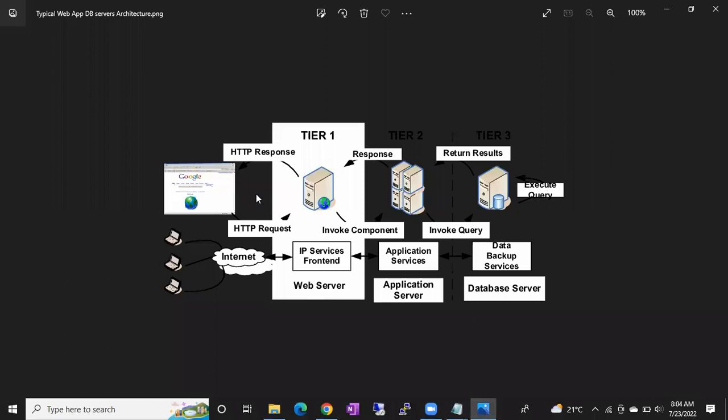But as a DBA, we know the things. We know it's not simple. Seven actions have to be completed, then only you can see the product. If the web server itself is down, he cannot get the product. If the application server is down, he cannot get the product information. If the database server is down, he cannot get it. Or it is taking a lot of time to execute the queries on the database server, then also it will take time. Or the whole network is down, you cannot get the data. How can you blame the database server only for the issues?